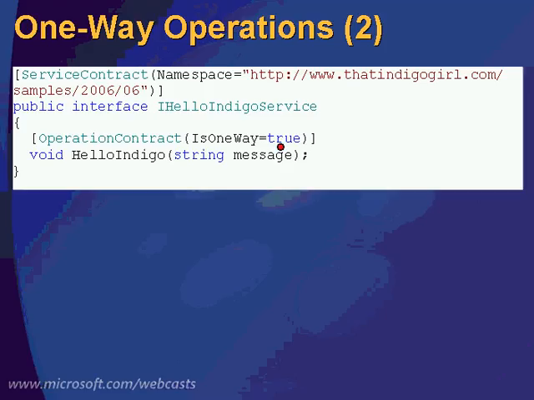So the point is that this is all you need to do to label an operation one way. And what that will achieve is that, again, there is no response sent to clients, which also implies that when the channel receives the message at the server, the connection with the client is released,